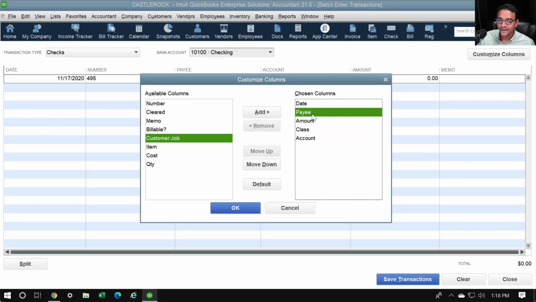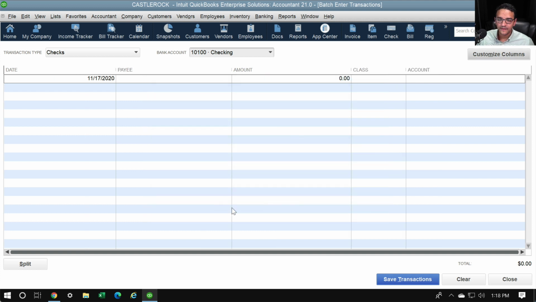So I got date, payee, amount, class, and then account, right? So then I hit OK. So I basically customized my data entry experience, right? So in here, let's say I'm going to start here where it says date, and I'm going to start typing my transaction. So let's say on 11/20 and I hit tab,